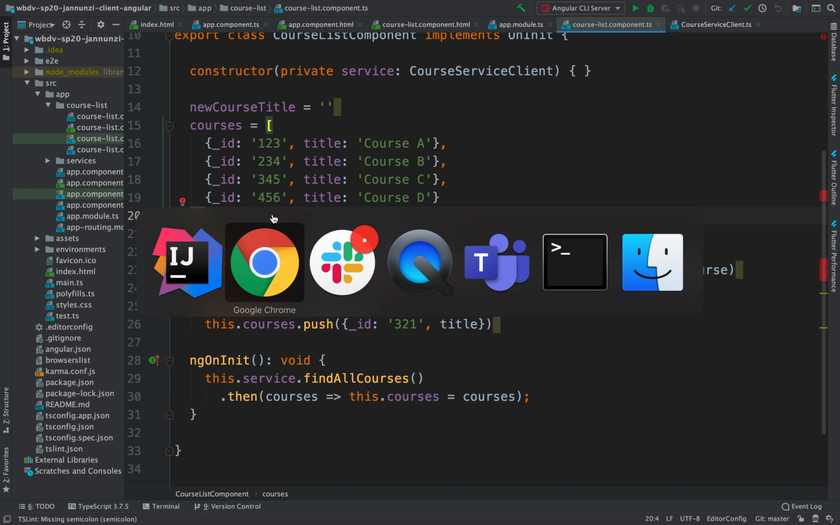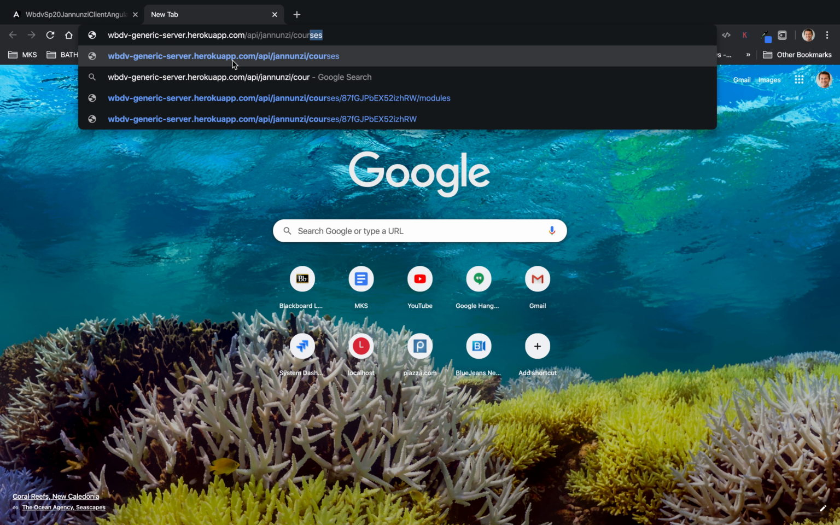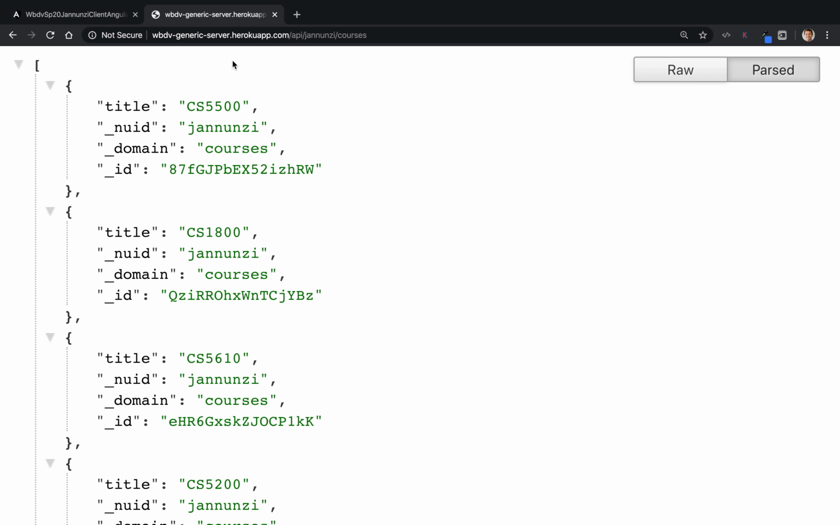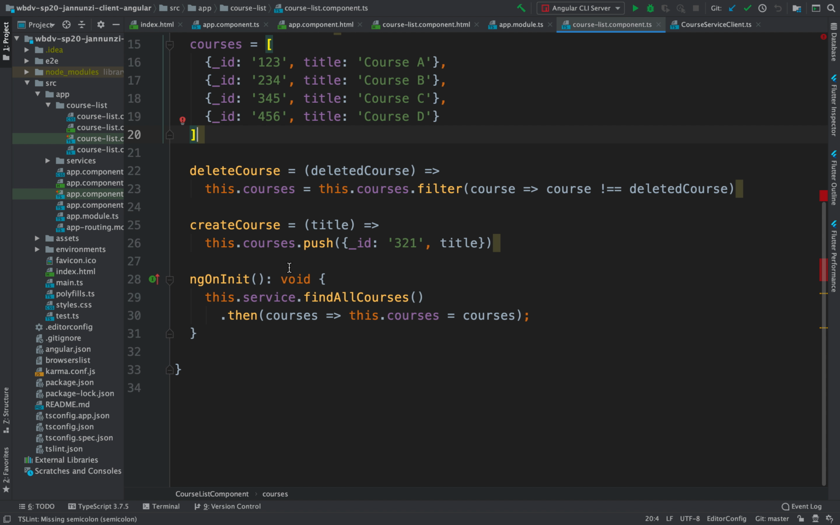So for instance, we have here, in our generic server, a couple of courses, I believe, that we can retrieve as a JSON array. So let's try and fetch this data from the generic server. We can copy this URL, and what we can do here is, in the ngOnInit,